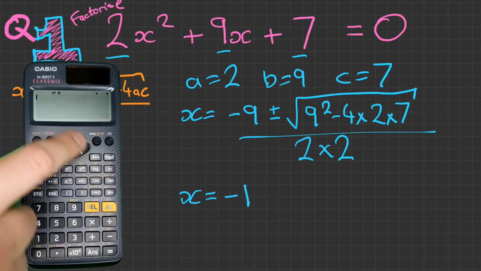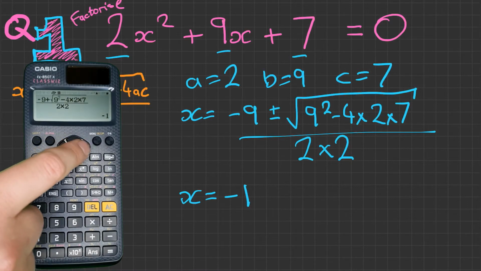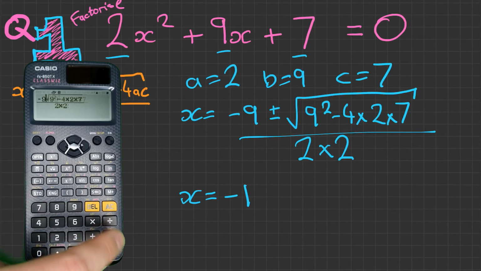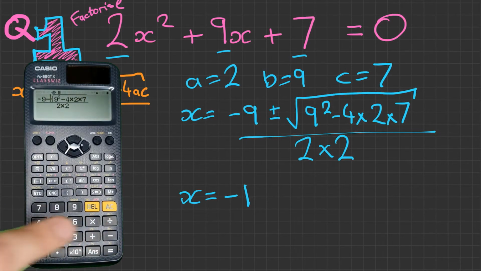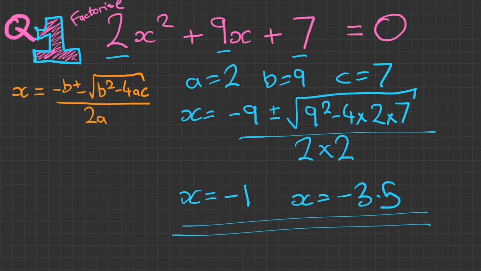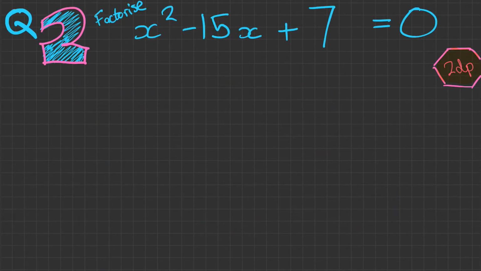Now we want to do the same thing again, but put a negative just before the square root sign. And x equals minus 3.5. So there are our two solutions. Our second question, factorise x squared minus 15x plus 7 equals 0, and we want to factorise this to 2